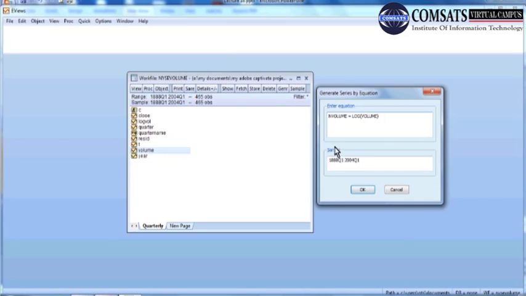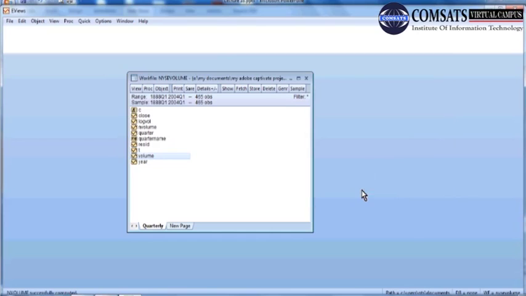And again, eViews gives you this option of resizing the sample. Suppose you do not want to create a new variable from the entire sample, you want to create a new variable by applying the transformation only on a subsample. If you want to apply it on a small subsample, then press OK. Well, where has my new variable volume gone? This is my new variable volume, and this is the old variable volume.